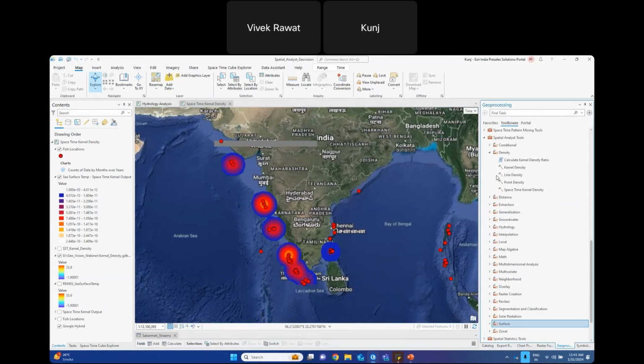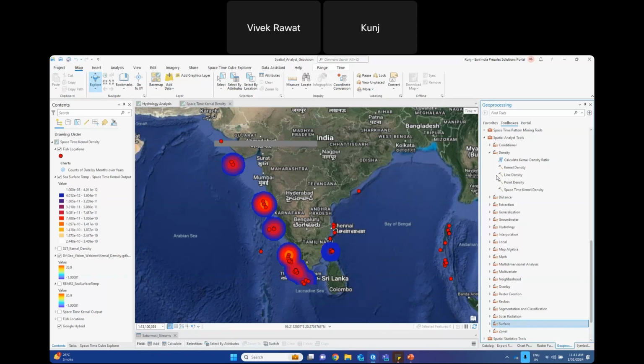So for example, I have a set of points in a city showing how much crime is taking place in a particular area. If I want to do a density analysis, it will help gain insight into which areas have a higher crime rate. It will give me a raster layer showing a density of which areas have a dense crime rate, and which areas have a lower crime rate. The same type of approach can be used in space-time kernel density, but over here the only change is that